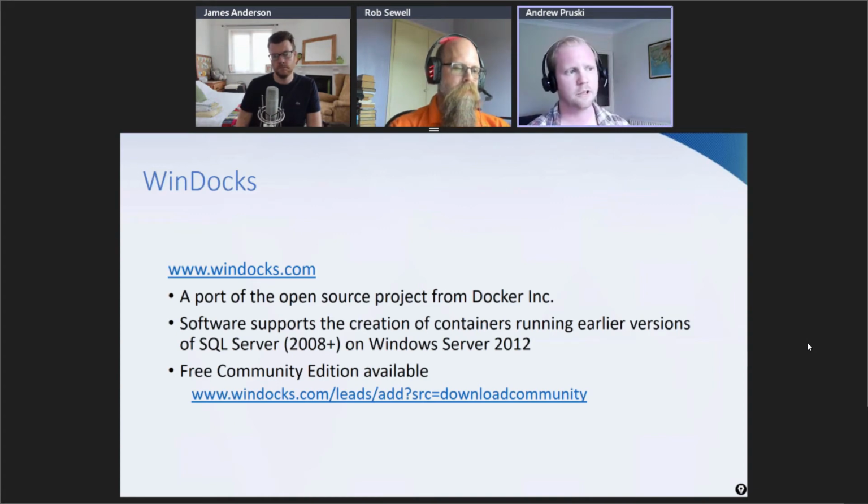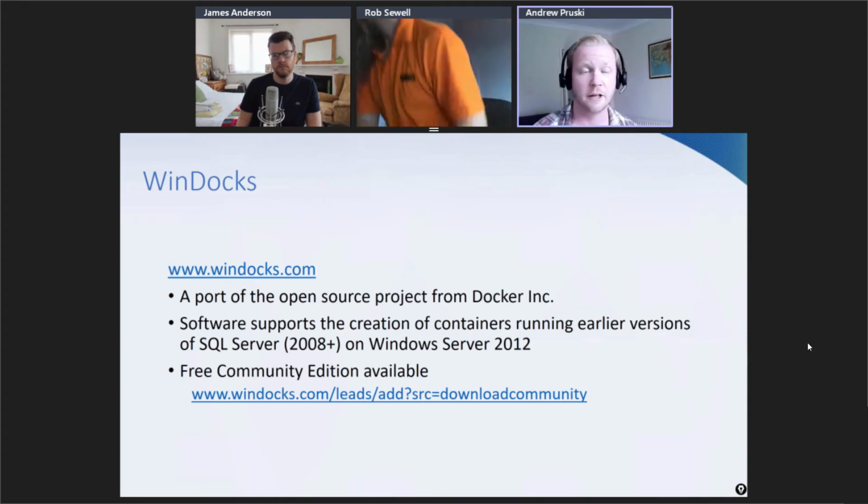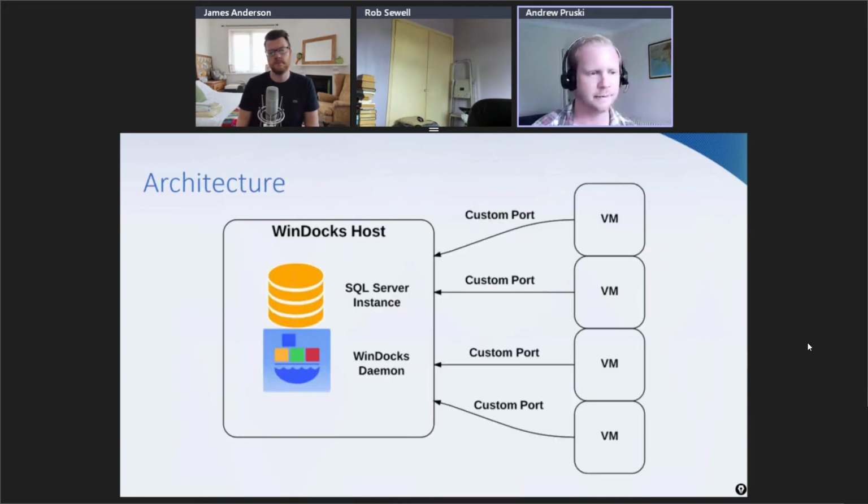So I got the software, got the free community edition, went to my sysadmins and said, hey guys, do you have a spare server lying around that I can use to test this stuff on? And as luck would have it, they had an old box that I could repurpose. So I wiped it, reinstalled Windows, and then followed the Winddocks installation instructions. And here's what we built. Very, very similar to a vanilla Docker installation with a couple of differences. The main one being